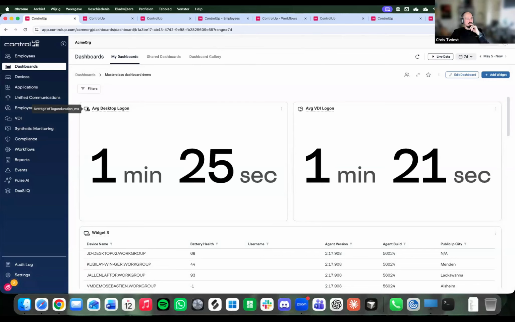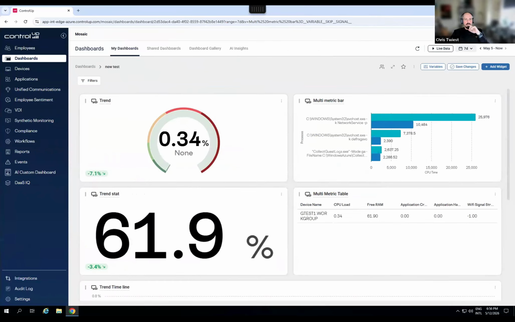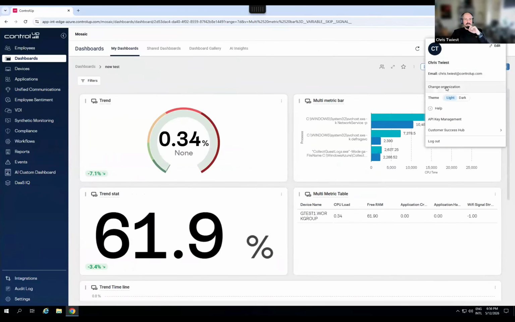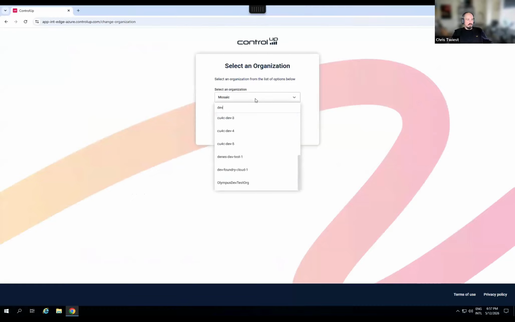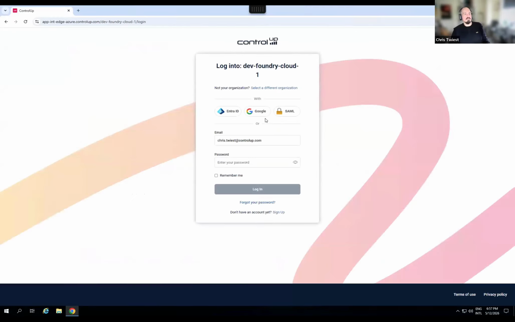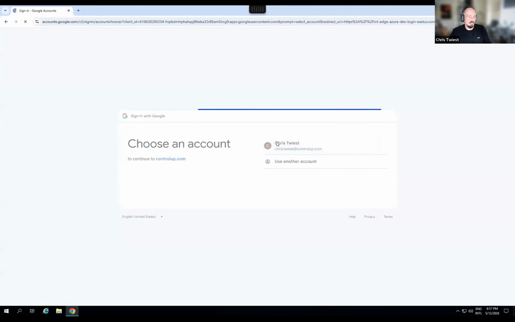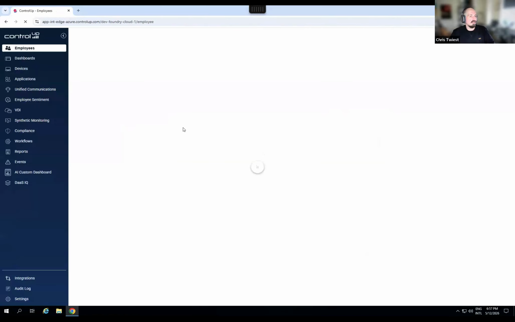icons. This is the icon for devices. This is the icon for VDI. So you will see that each product has its own icon. We have some time, and you guys are being very cool, so I'm going to show you the beta of the beta. Well, not really, we're very far ahead with this, but I just want to show you DAS IQ in the dashboard too. And you will see that it even has a different icon.